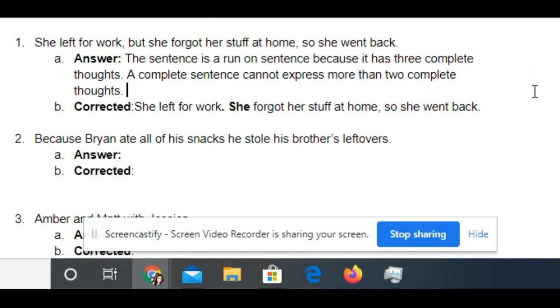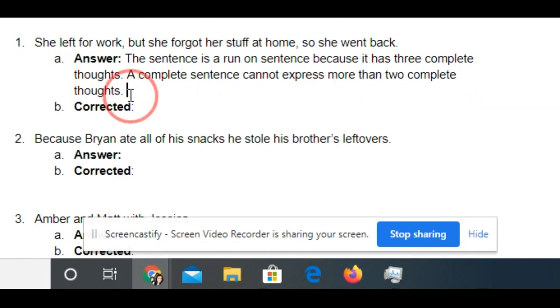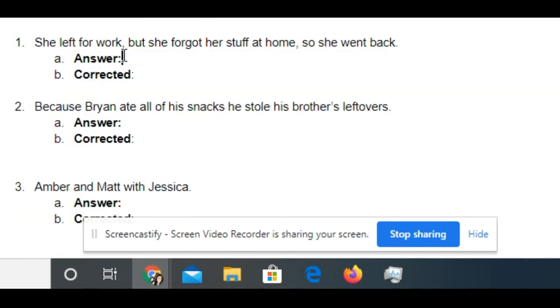Okay, that's what I'm looking for you guys to do here on this assignment. Unfortunately, that will not still be there for you when you open up this assignment because you might do it a little differently than me. You might fix it a little differently than me, but I want you guys really doing this on your own. All right, well, I know you guys are going to do just great on this assignment,